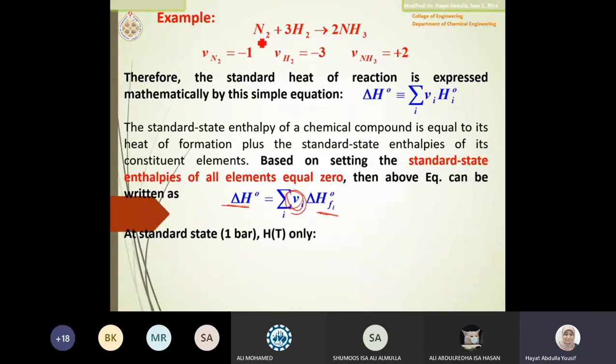If I apply it on the equation above here for the formation of ammonia, you all know that the constituent elements here have no delta H naught formation. So in this case, you go to the table and it is 2 times delta H naught formation of ammonia, which will give you the delta H, or the standard heat of reaction, for that process. So let your terminology be precise. We have something called standard heat of reaction and we have standard heat of formation, which is related to each individual element. The standardized condition means I have 1 bar, if it is gas, then it's ideal gas, if it is liquid, then it's pure liquid, if it is solid, then it's pure solid.